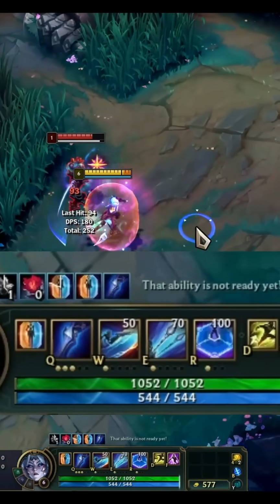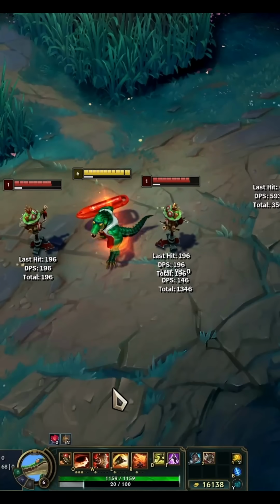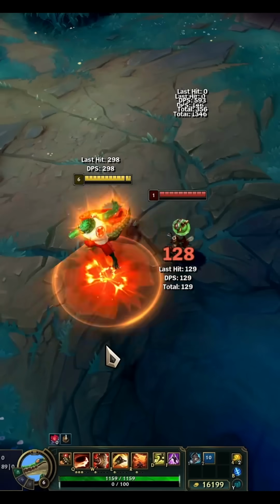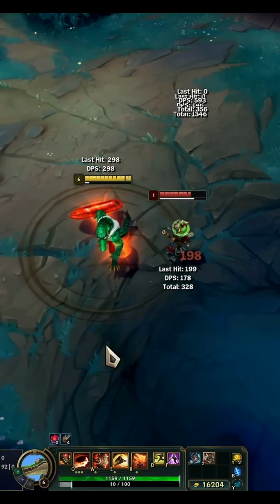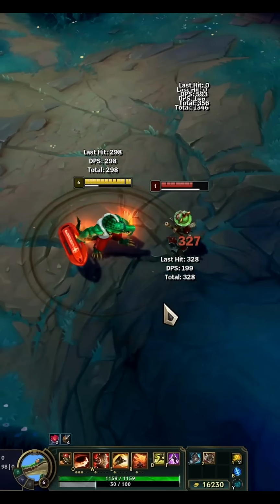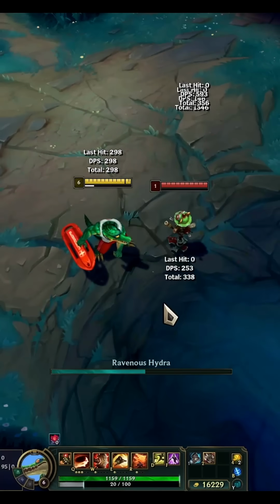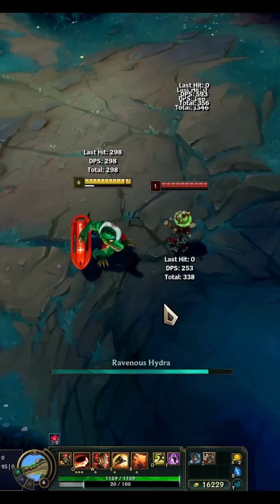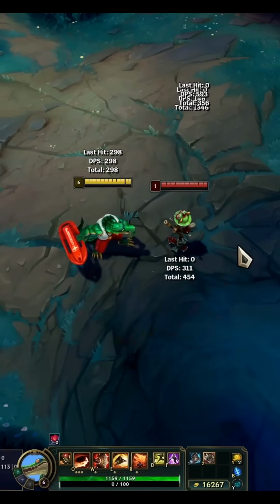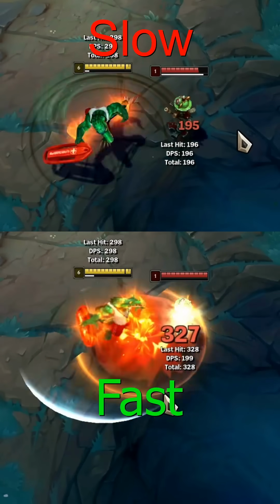But what is there to be learned with other champions? Well, let's look at Renekton for example and his input buffer mechanic with Ravenous Hydra. With Hydra being a fast channel and Q being an instant channel, if inputted correctly, the Croc can activate Hydra and his Q at the same time, or input buffer the two together. To do this, you must activate Hydra first, and when the channel bar appears, you can press Q, and both will fire at the same time. If you do this in reverse order, however, the abilities will fire separately and increase the time it takes to